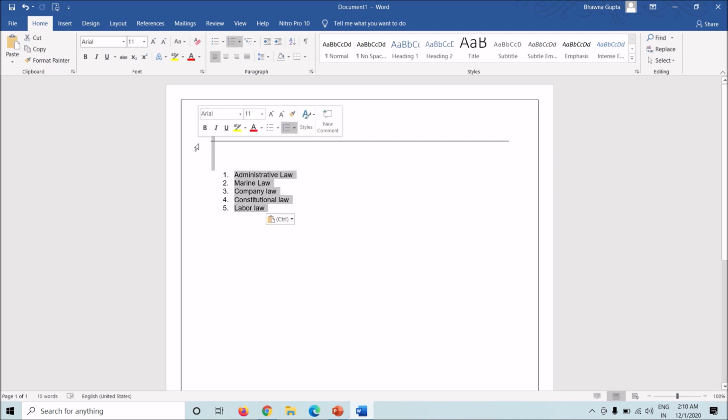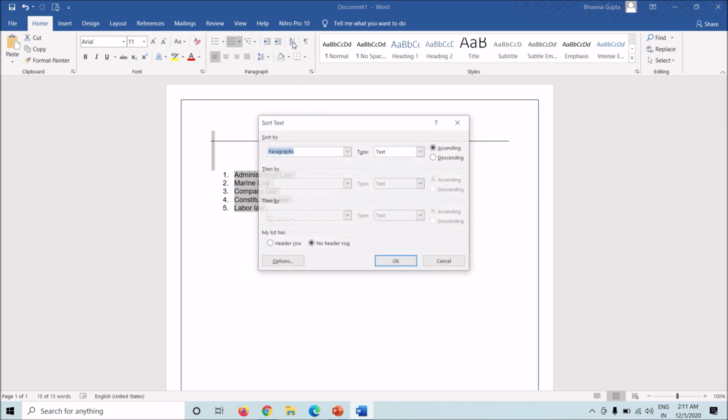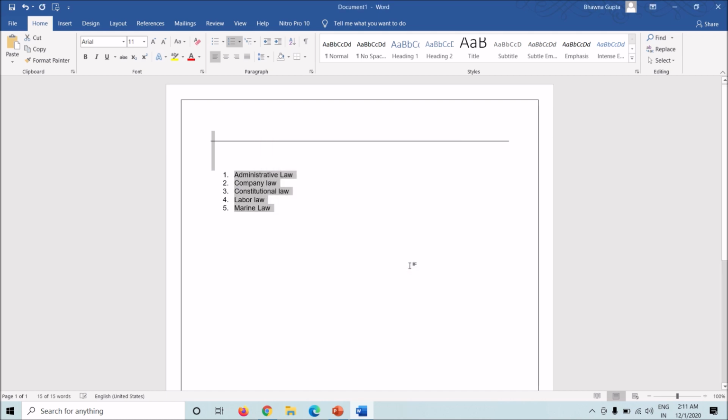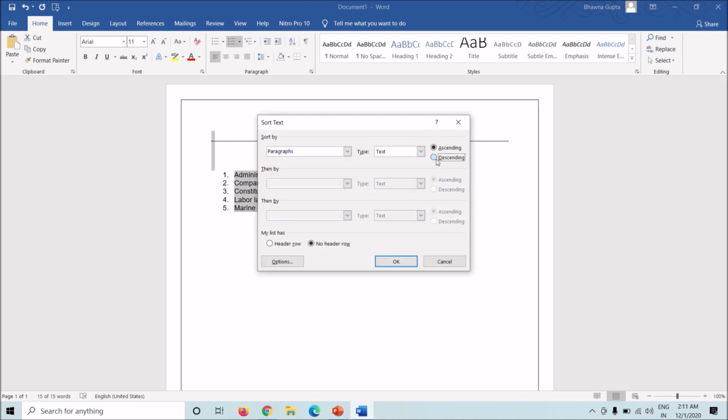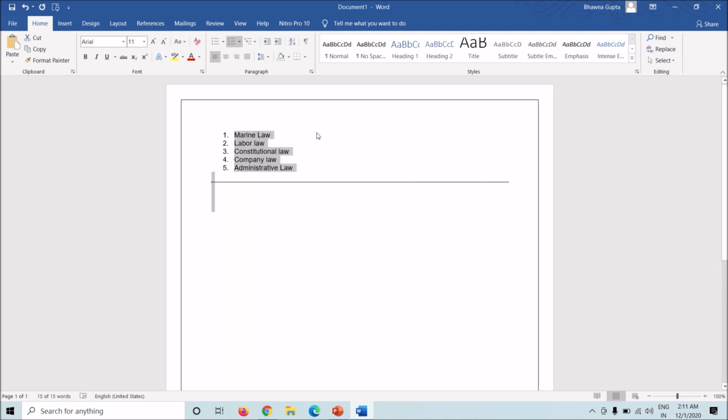You just have to click on this option here, which is A to Z, which automatically arranges it in alphabetical order. Here's the option, ascending. I'll click on it, and it will arrange it in alphabetical order. Similarly, if I want it in descending order, that can be done as well. Now it's the best way to have your list according to alphabets if you want it.